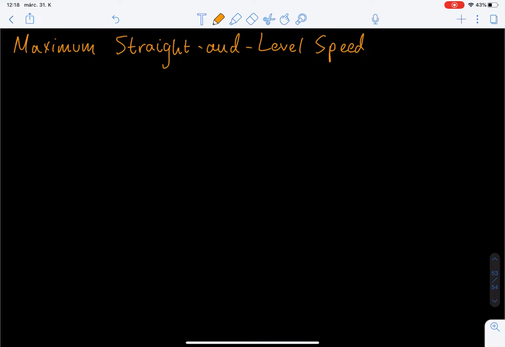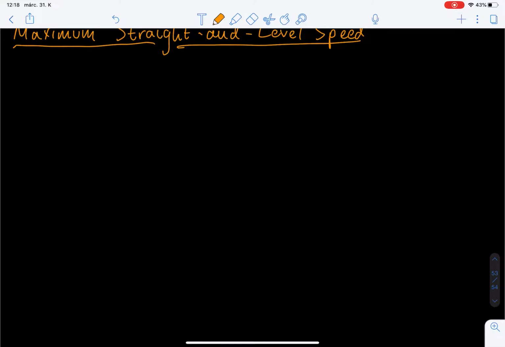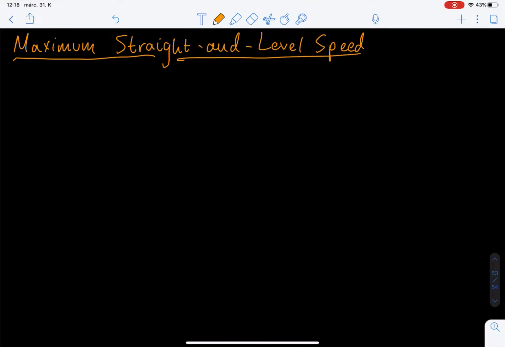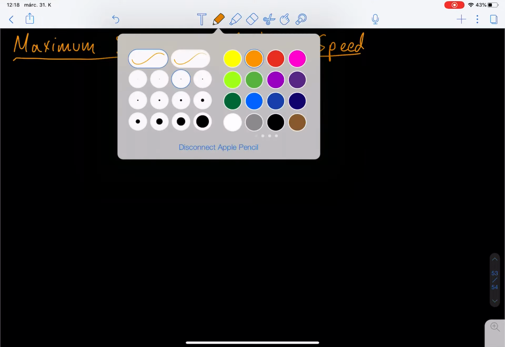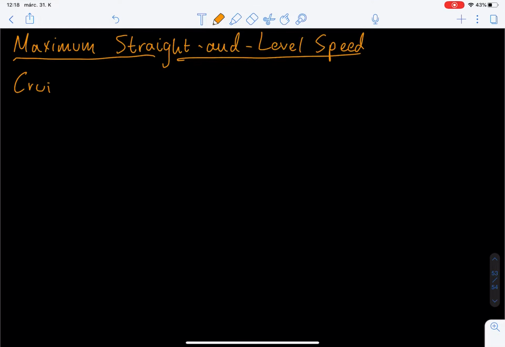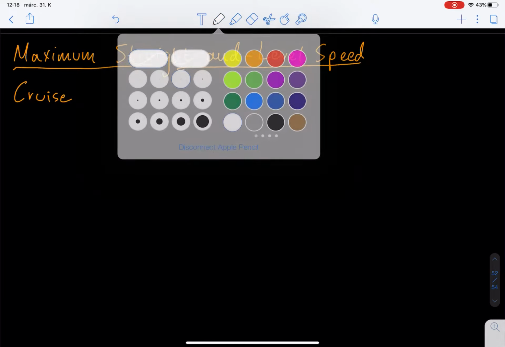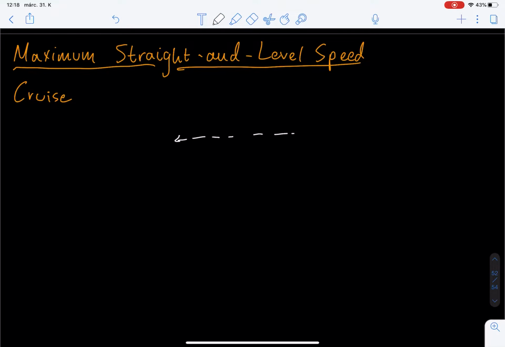Hi guys, in this video we're gonna briefly talk about the effect of altitude on the maximum straight and level speed. So the maximum straight and level speed is the maximum speed which you can achieve during cruise conditions. And again, after the previous material, we're gonna presume that during the cruise condition, the main forces acting on the aircraft are going to be the lift, drag, weight, and thrust,